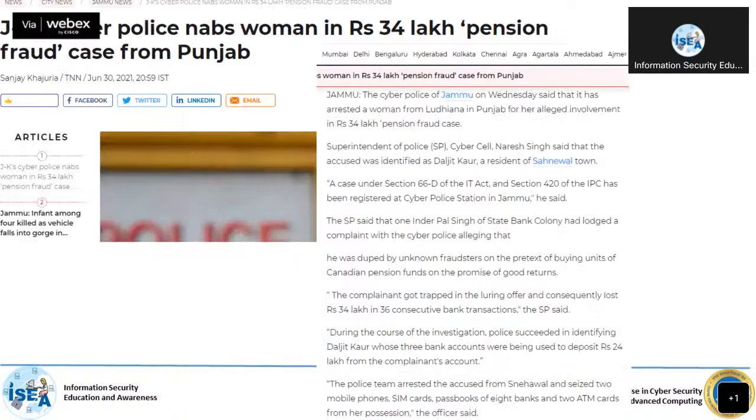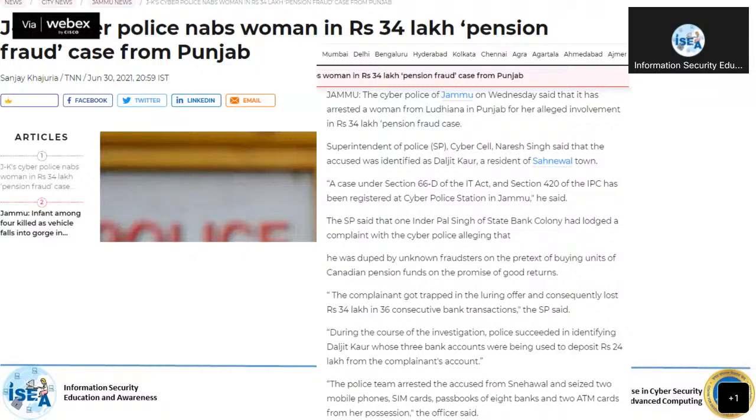There are so many incidents also. This guy lost more than 34 lakh. This is an insurance scam, right? He was an employee like you and me, and he was about to retire, so he wanted to invest some money. After retirement, he wanted to get some kind of income, so he started searching and finally got some link. He proceeded with that link, shared all the details, and transferred the money. He transferred more than 34 lakhs within 26 consecutive transactions.